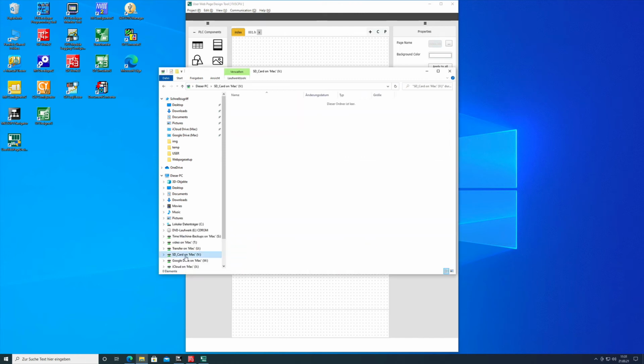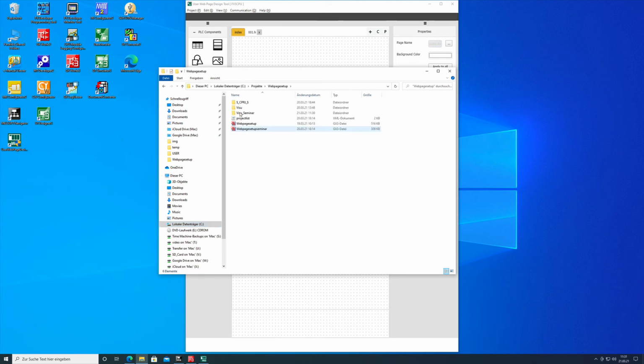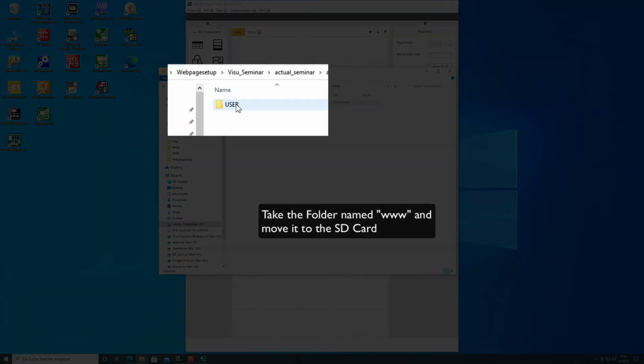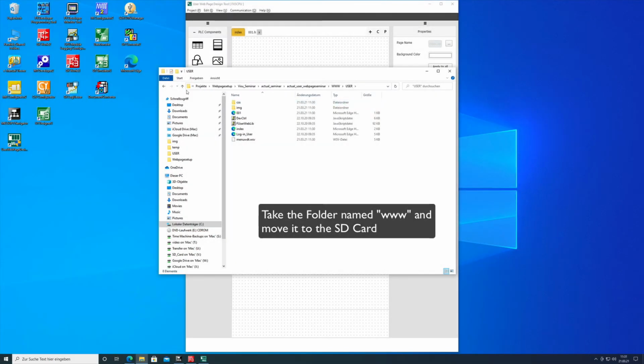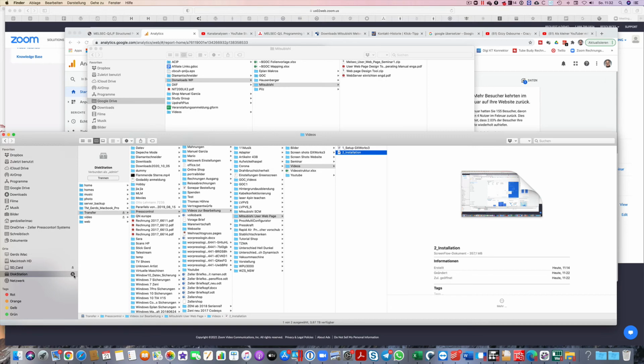I put an SD card in my Mac, and then the program you will find in your folder wherever you put it, Visu Seminar and Actual Seminar. Then you take this complete folder where it says www and just drag it over to your SD card. This will just take a short time. I'm going to take it out